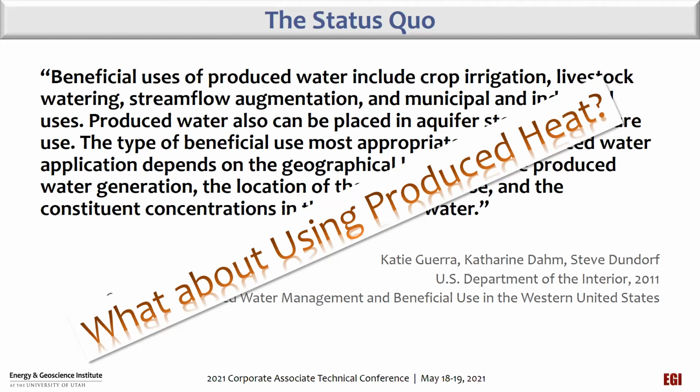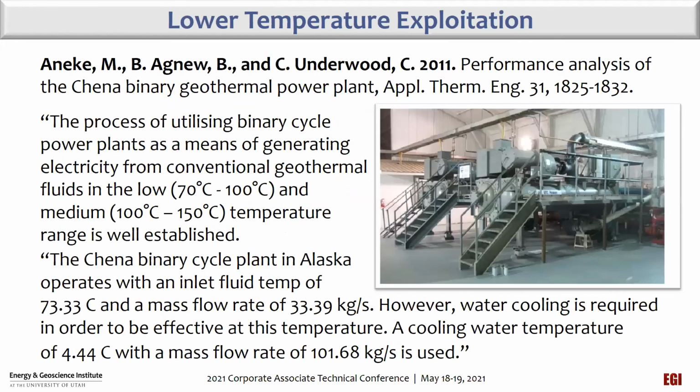There have been some low temperature geothermal applications that are notable that led the way. This is not an oil and gas application, but it demonstrates that low temperatures are possible. This is the Chena Hot Springs in Alaska. Now, of course, I'm cheating a little bit here because they were able to chill the outlet side to about 4 degrees centigrade, okay? And what counts in these is the differential temperature, and that governs the efficiency of these